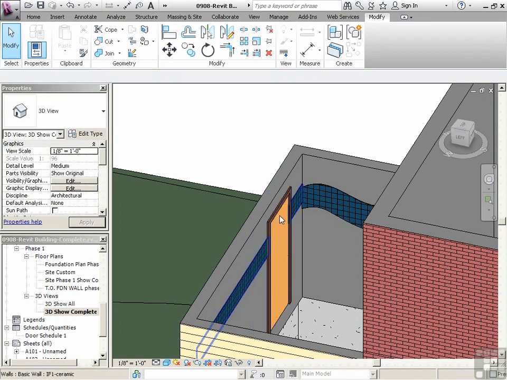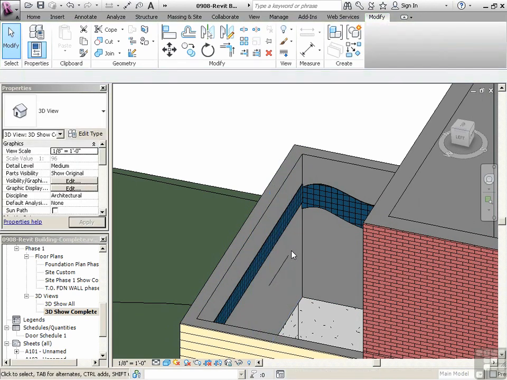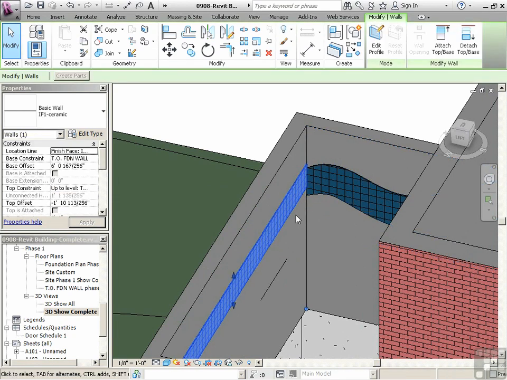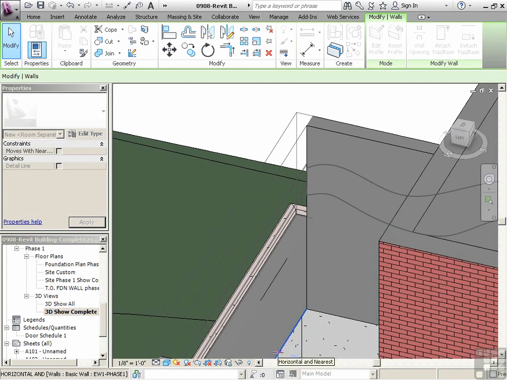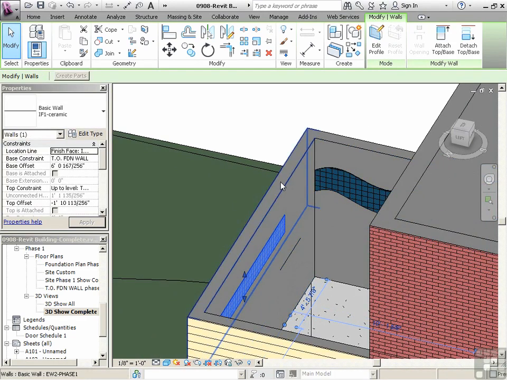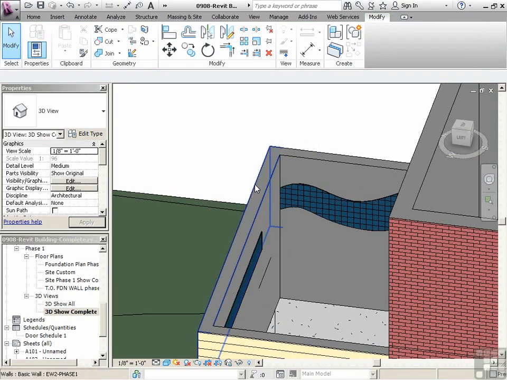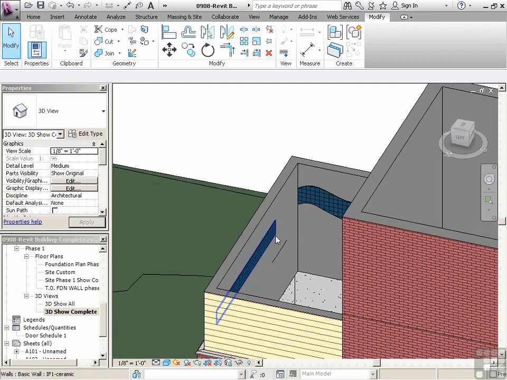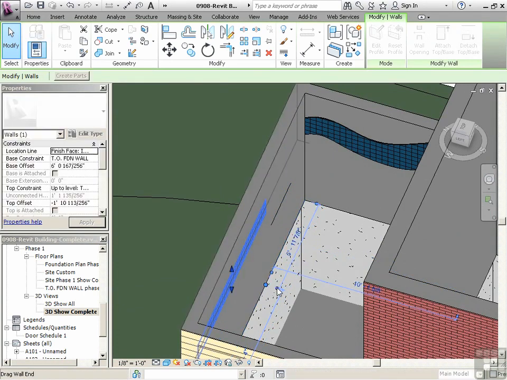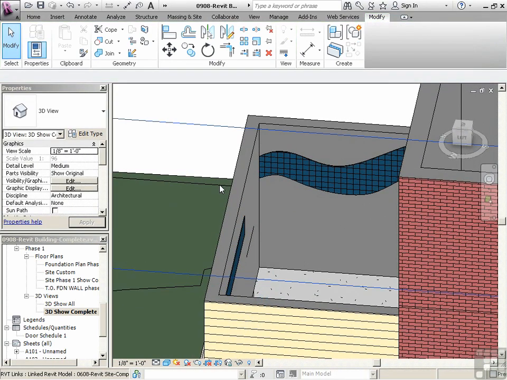Okay, now that we've done that, again, we're going to delete this door. We will be putting a door in there eventually, but we're going to click on that wall right there. And I can just drag that farther. I'm going to drag that back a little bit. Good. And just preparing for later, because I think we're going to be putting some cupboards in here and we want a door over there. We don't really want to have to deal with that particular wall piercing our door, even if we do join